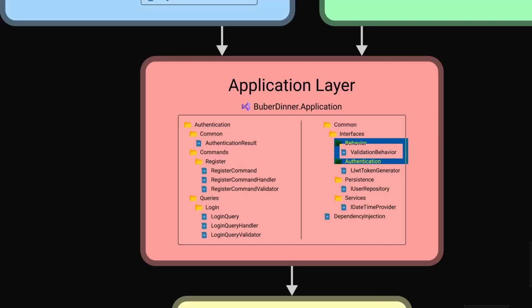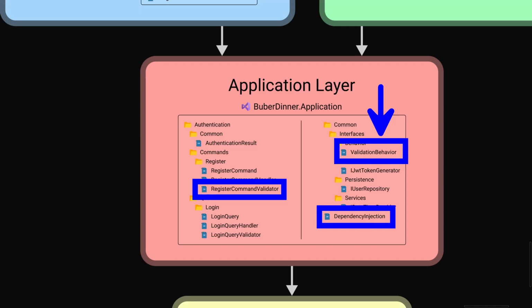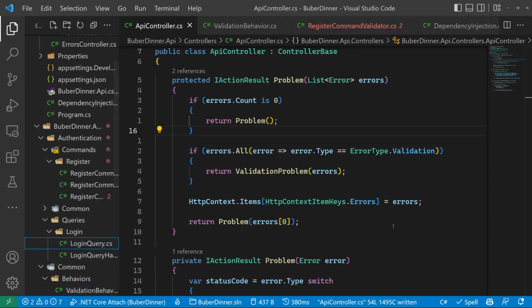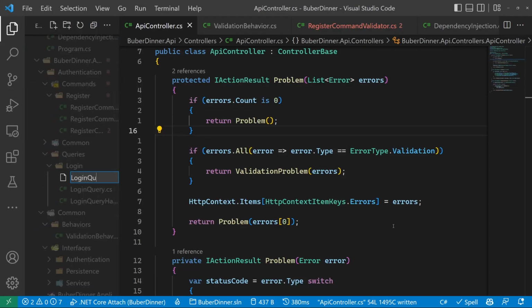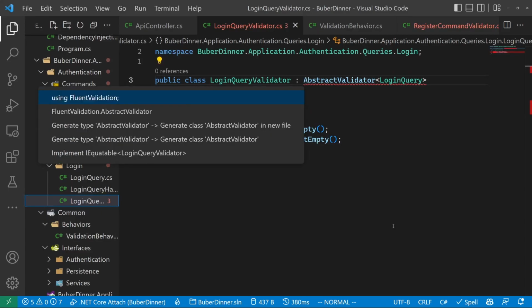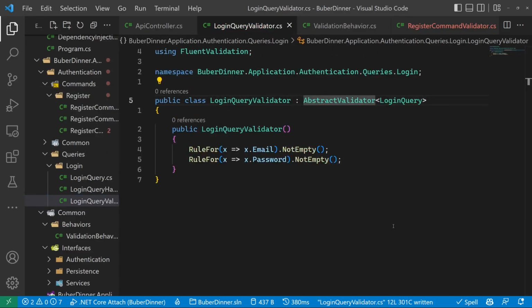Great, so we added our validation behavior and we added our RegisterCommand validator. Now that we have this generic validation behavior and we wired stuff together in the dependency injection, from now on, every time we want to add a validator, it's as simple as going to the request that we want to validate, creating our validator, and that's it. Now we can be certain that in the login query handler, we'll only receive mediator requests that